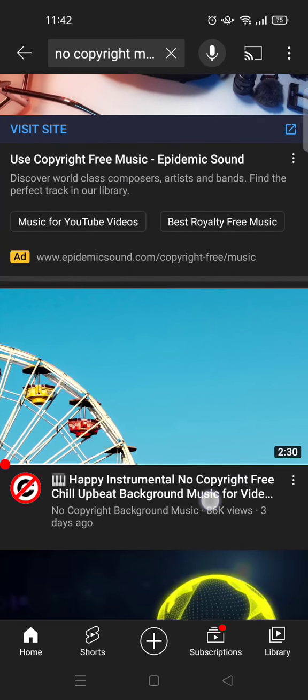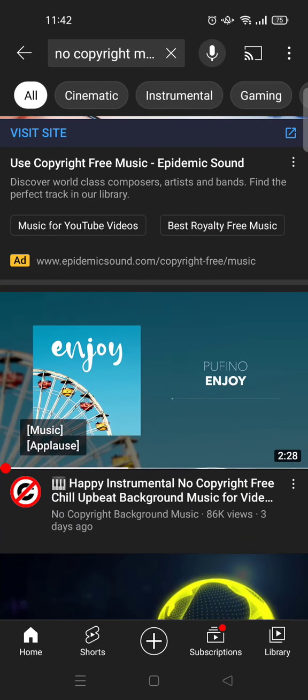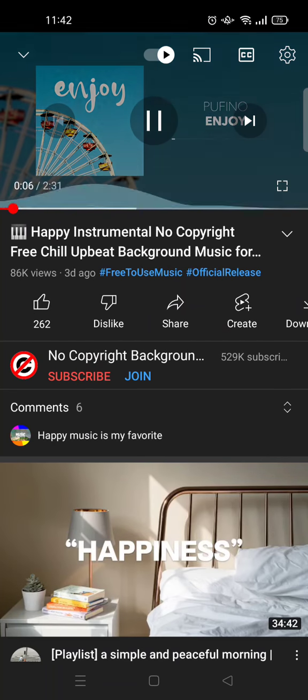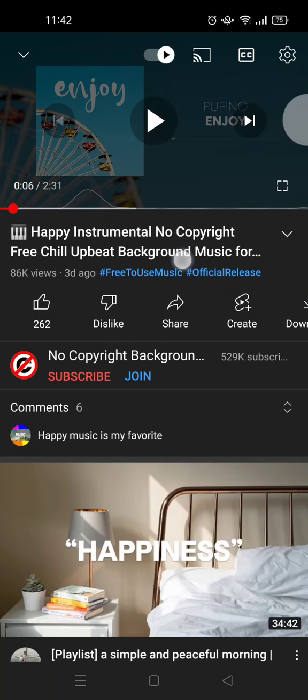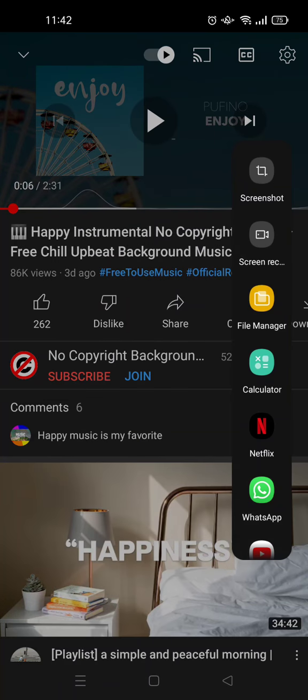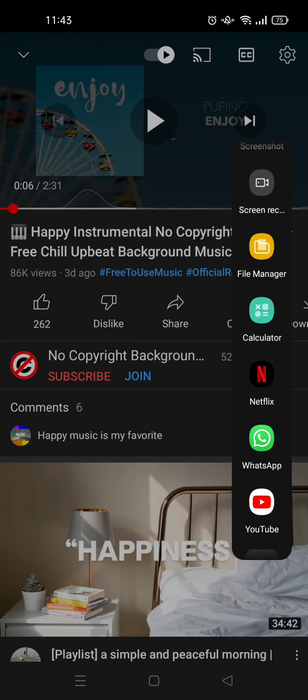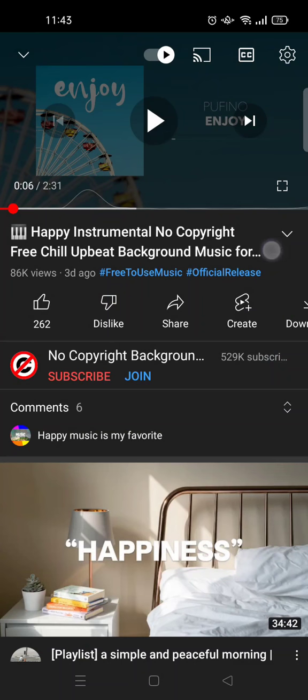Okay, so let's say I'm going to use these songs. I'm going to open the song, and the next thing you need to do is open the screen recorder app on your phone, maybe the screen recorder from your phone directly, or you can also download one on Play Store, and you can just record these songs. For example, just click on screen record and record these songs until they finish, or you can just record to a certain duration,